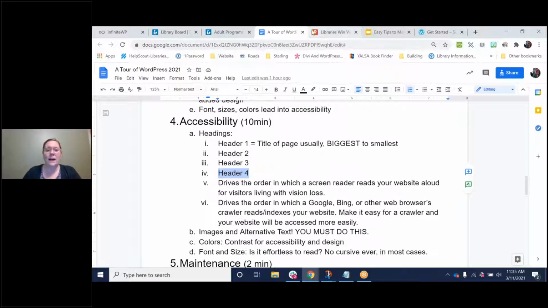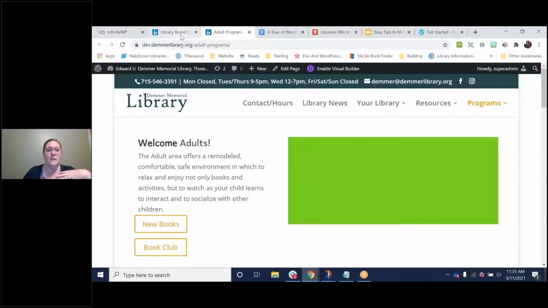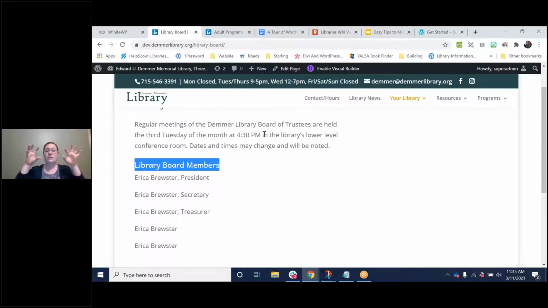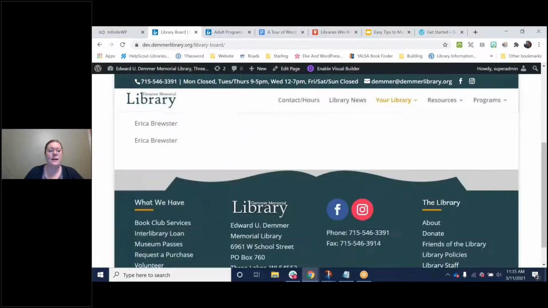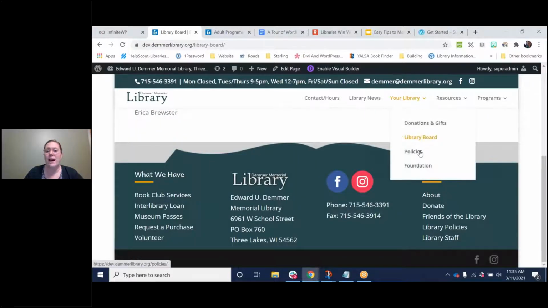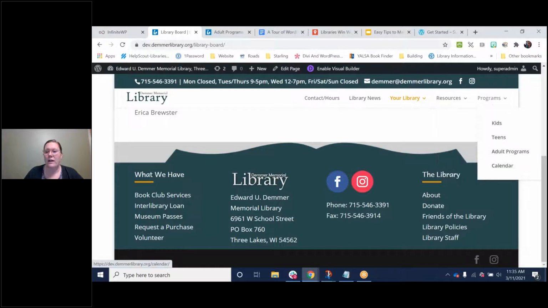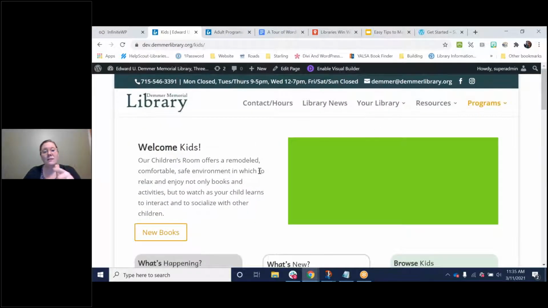And also because persons with vision loss who use screen readers to access your website, the screen reader is going to follow your headers down the page and read them the content in that order. Isn't that pretty awesome?